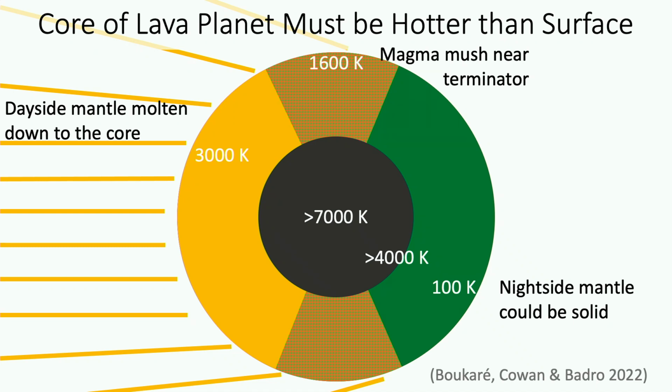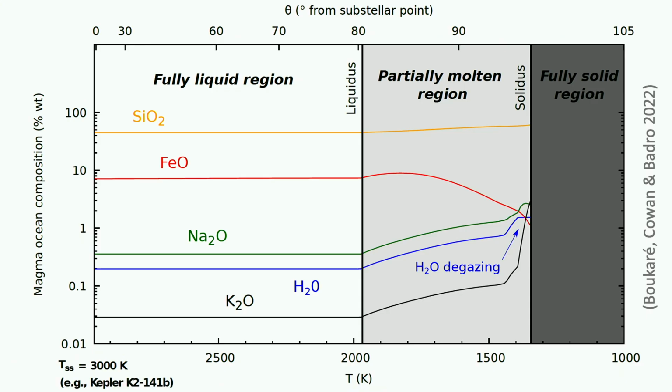The mush is important because what happens in a mush is that if I take a molten piece of rock and I let it cool to the point where crystals start forming, certain things will preferentially go into the crystals and other elements will preferentially not want to go into the crystals. They'll want to stay in the melt. And so the things you think of as being volatile, like your water or even your sodium or your potassium, will preferentially not want to crystallize. They will get more and more concentrated in your melt, which means that as you go closer and closer to the point where your magma ocean is frozen, the composition of the melt, of the molten part, is actually changing. And remember, it's the molten part of your ocean that dictates the atmospheric composition,